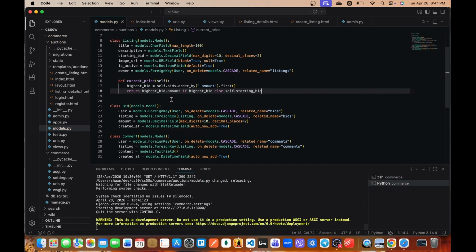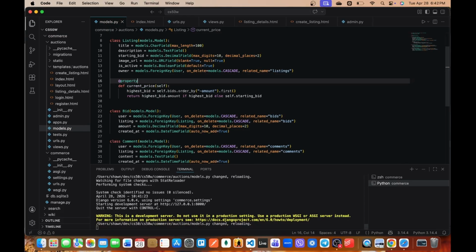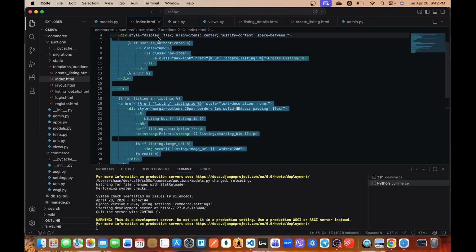So what we did here is convert our present logic, the one to be called by the listing details page and index page, to have this. The only changes that we've done here is to call self, and this bids is our related name in our foreign key. So we just need to add this as finishing touch as a property, and it can be called as props later on. Right now, we're gonna go to our index page,